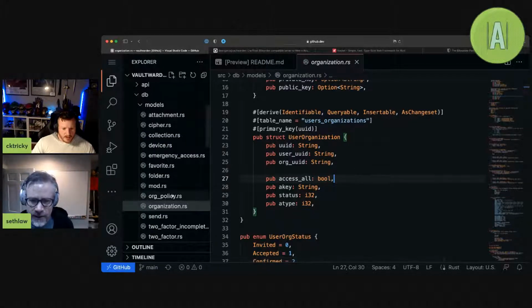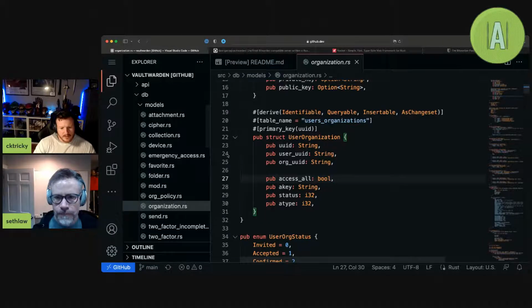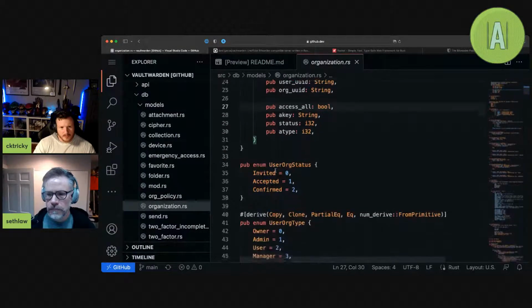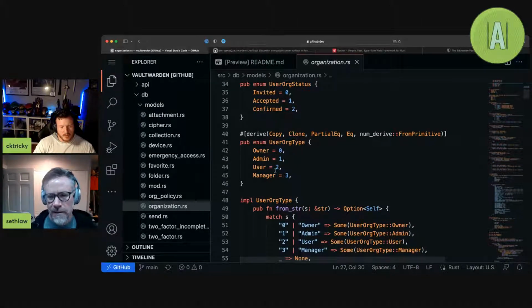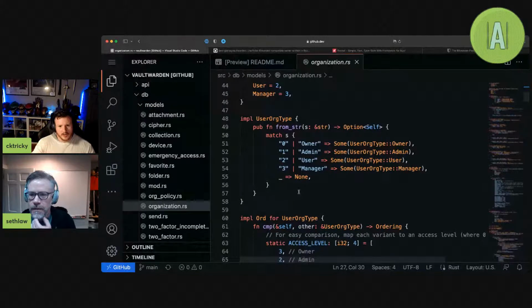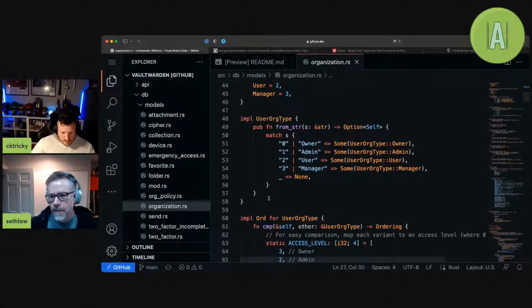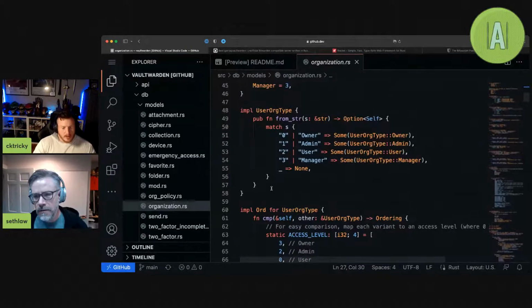So for brainstorming risk, let's say mass assignment for access all. I don't think I saw a role attached to it, or I didn't see a role specifically called out inside of the user. Oh, here we go. Yeah. So there's owner, admin, user, manager. Yep. Okay, so what are the different types of roles? We've got owner, admin, user, manager, and that's on top of the two different